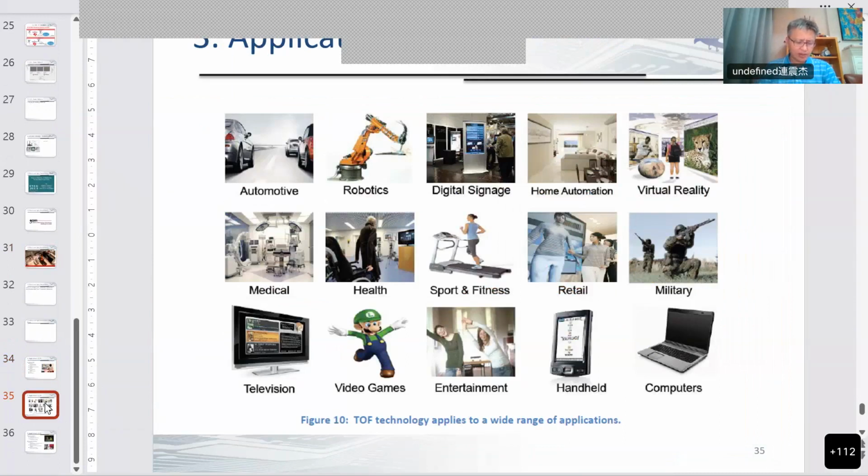Okay, so right now we take a break until 10 minutes later. We take a break 10 minutes and we'll talk about deep learning. And next week we'll give you the homework and then we'll continue talk about stereo. 好，我们休息一下，谢谢。